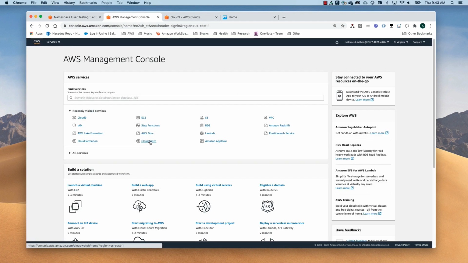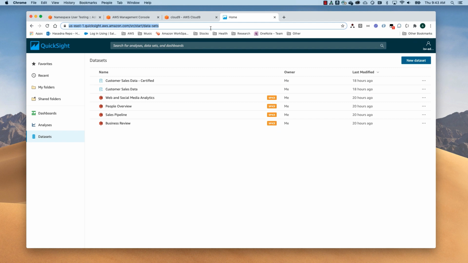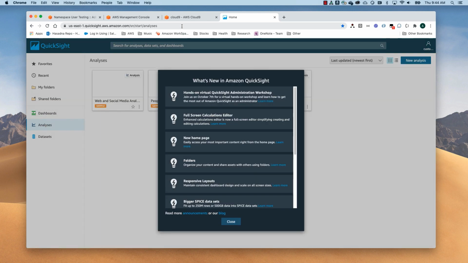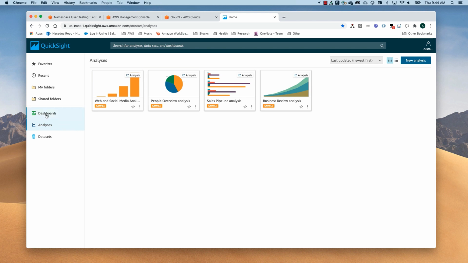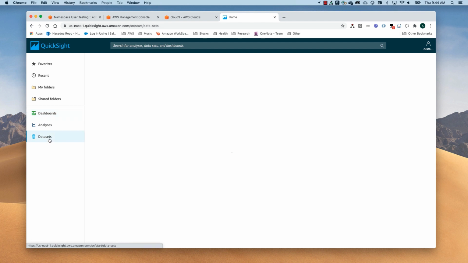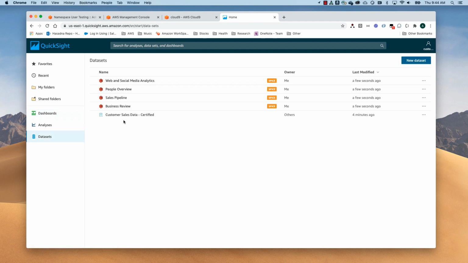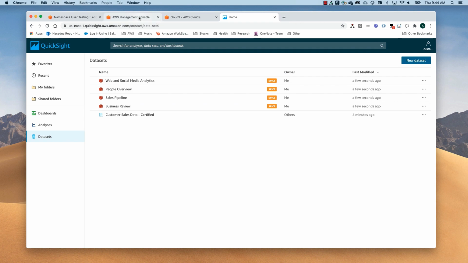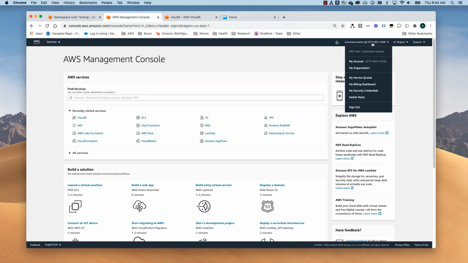And let's refresh this. So I'm logging in as a namespace user, and this is the first time this namespace user is logging in. So you can see this namespace user is able to see the customer dashboard and able to see the certified data set as well, but will not be able to see anything else. And now if we log in as the reader,